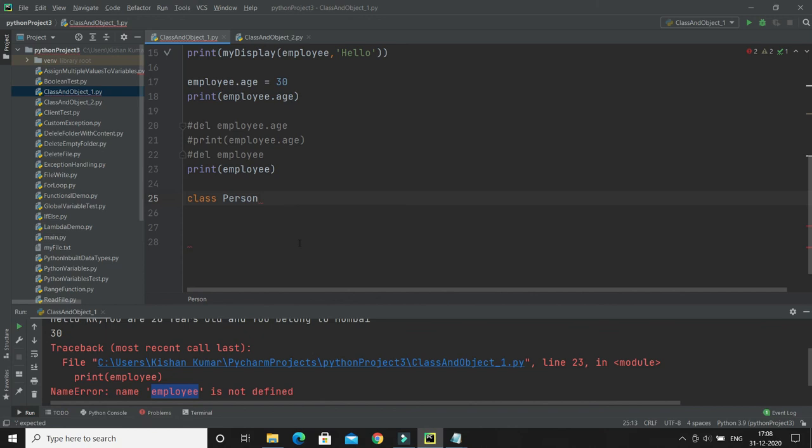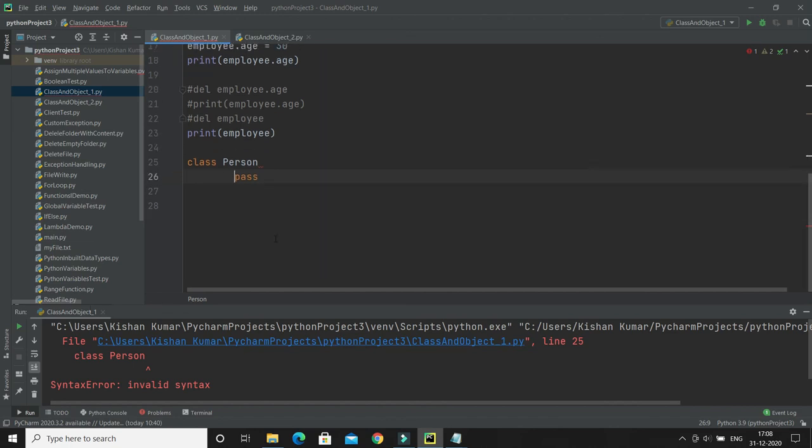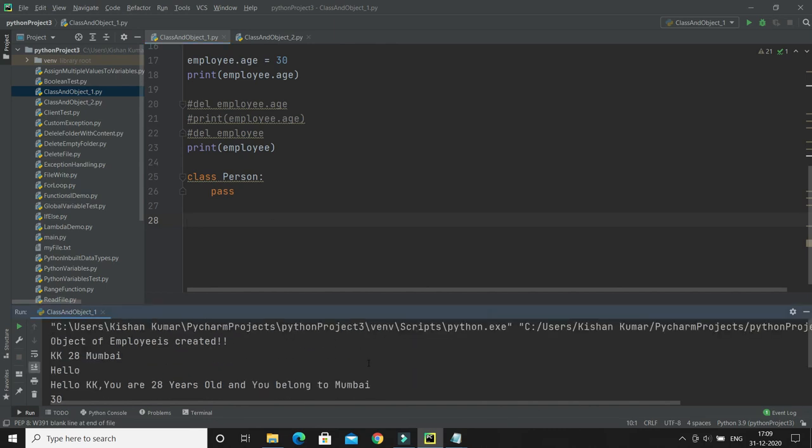If I run it, it will throw an error. Here you can see there is an error. If you want to overcome this error, then simply write pass, and the error will go away. I don't know why it is not going, but it has to. So if you have an empty class, you write class, then the class name, then a colon. If you do not give any statement, it will show you an error. So you just have to give the pass statement. After that, if I run, this file runs perfectly fine. So that's all I wanted to discuss in this video tutorial, guys.